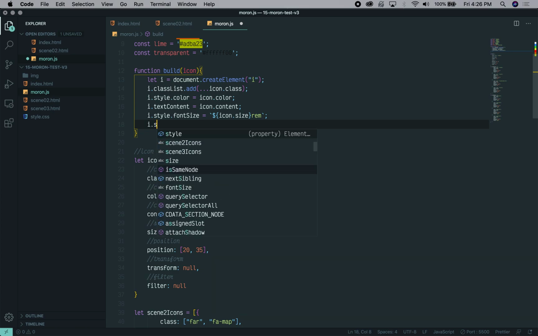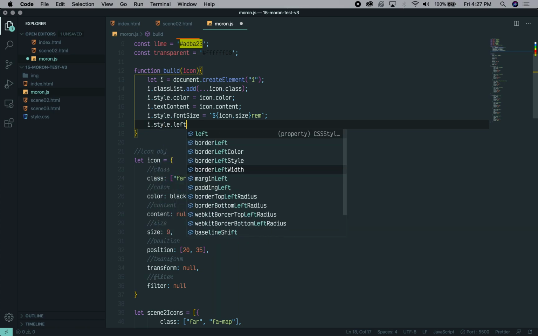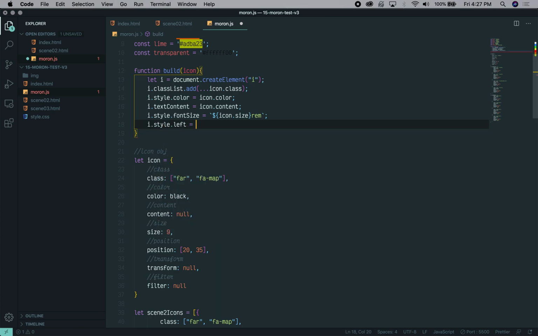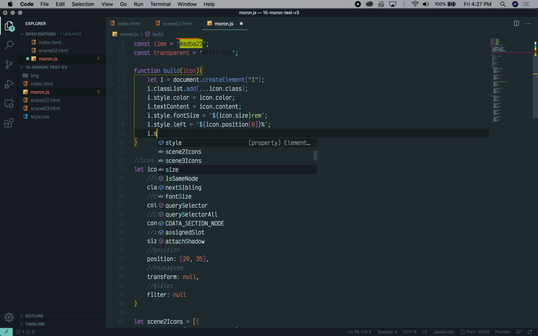So we'll say i.style.left equals, again, we'll have to use a concatenated string so we can add our percent symbol. All right, so there's going to be a percent symbol at the end of this string. So we'll have to say icon.position. And this is an array of two numbers. And the first number we'll get to with the bracket syntax for the first value. And then we can get to the second value,